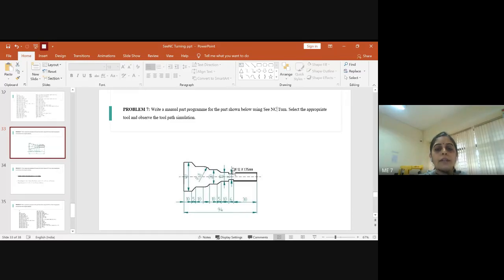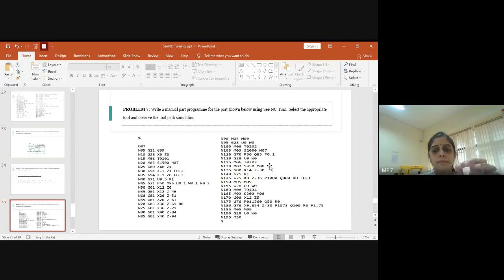So bring the tool very near to the workpiece. We put the value of X as 14 so that the tool will come exactly to the position where Z is a little bit above the required dimension of X. So X will be 14 and Z will be minus 30. So we have set the tool near to the workpiece where the groove cutting operation has to be done.